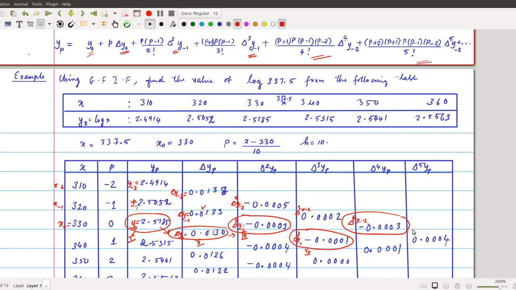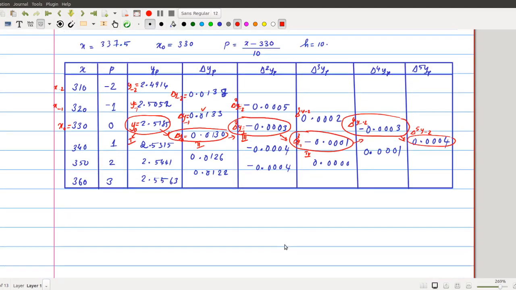So first we take y naught for the first term, second term delta y naught, third term delta square y minus 1, and the fourth term this. For the fifth term we will take this term, and the sixth, the last term, we will collect this. Using these values we will evaluate